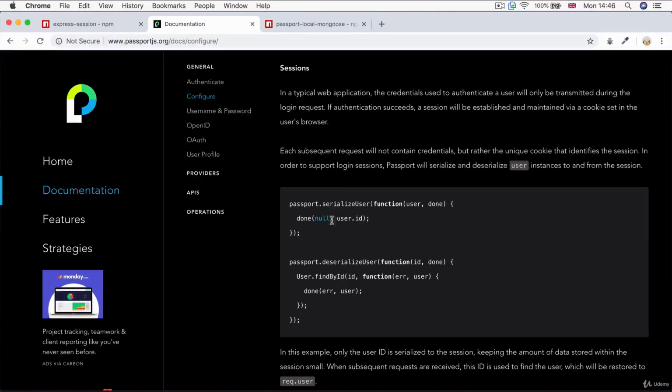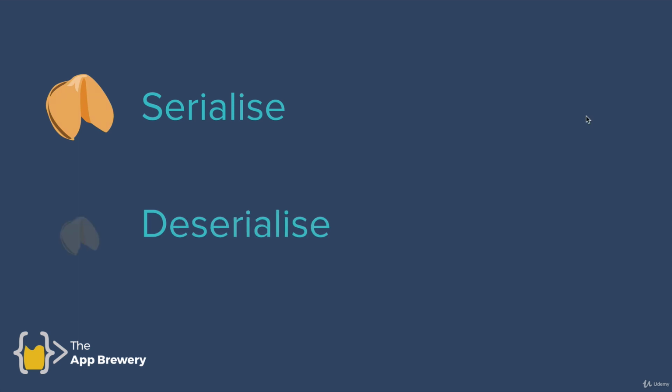Now, the serialize and deserialize is only necessary when we're using sessions. And what it does is when we tell it to serialize our user, it basically creates that fortune cookie and stuffs the message, namely our user's identifications, into the cookie. And then when we deserialize, it basically allows Passport to be able to crumble the cookie and discover the message inside, which is who this user is and all of their identification,